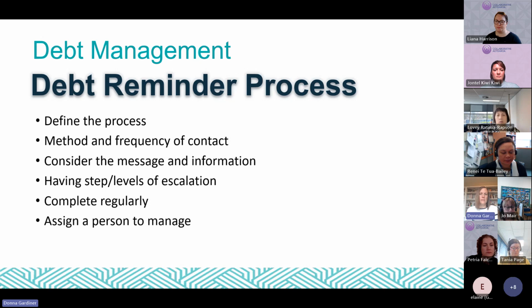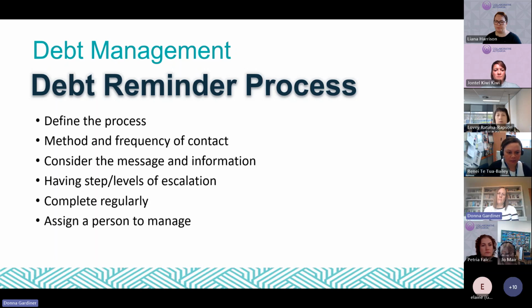With the person that's assigned to do it, this was sort of flagged in practices that this part doesn't need to be done by the practice manager. So it's one of those jobs that can be supported by the admin team, and then when the escalation is needed, then it goes to the practice manager.